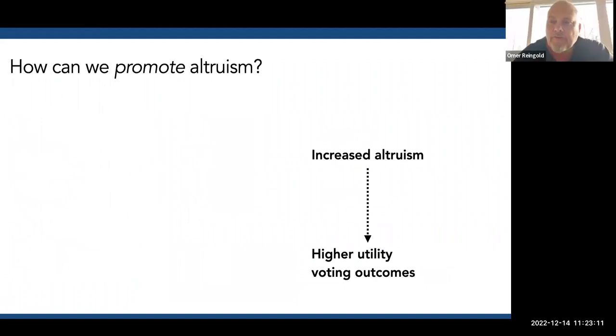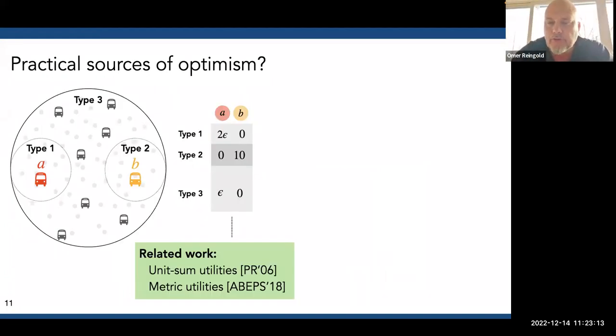Is one way of being altruistic just not voting if you don't have a serious interest, instead of trying to understand what other people want? Let's say my interest is epsilon, I just vote with probability epsilon. So in the language of this paper, I would not call that altruism, but it will actually turn out to have a very similar effect.